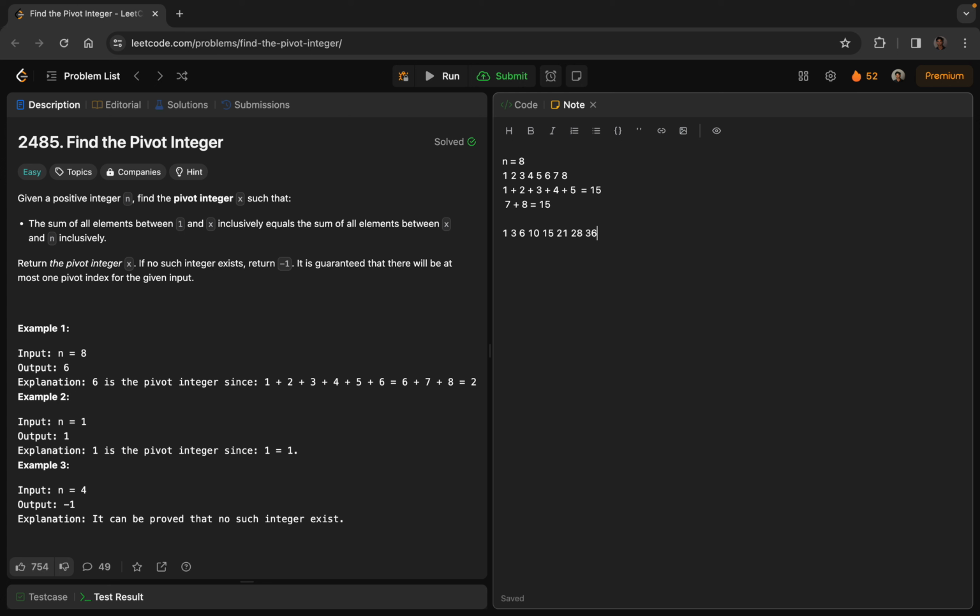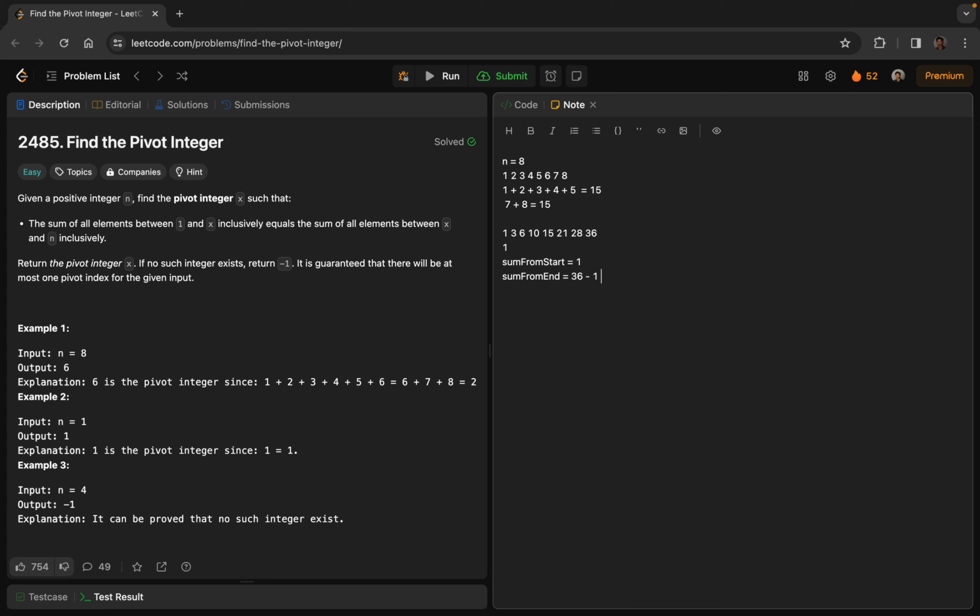So now what I can do is loop over it, and suppose I'm going from 1, the sum from start is 1 when I'm on my first index, and sum from end is going to be my last one, that is 36